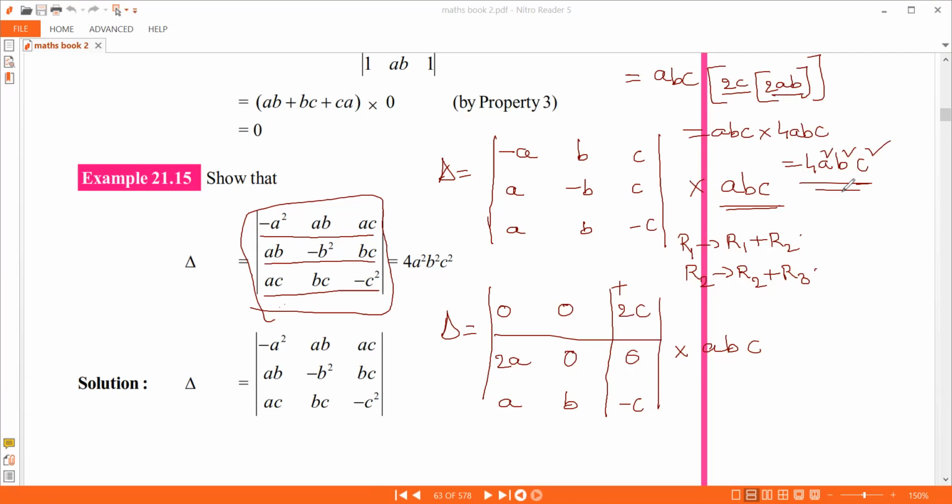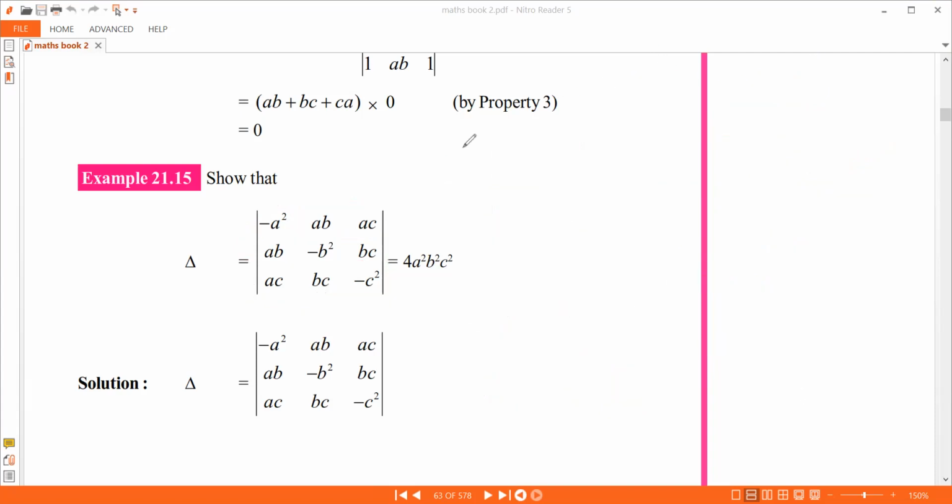Otherwise, it becomes really difficult. If you don't know how to take the common factor, this problem cannot be solved that easily. You have to know how to take things common. ABC is common. You can take A in the first row or you can take it in the first column. That's how things go. Now let's see the next one. So many methods are there, but the question is which one you adopt.